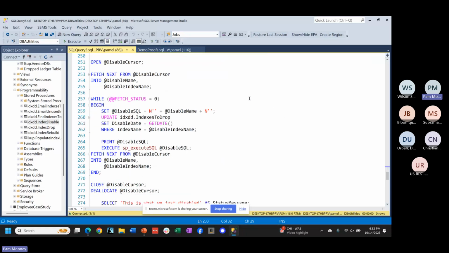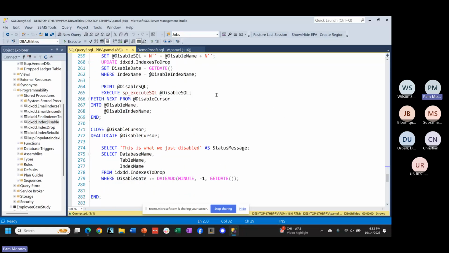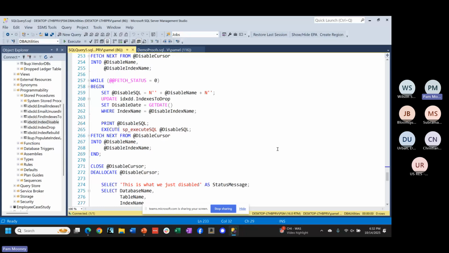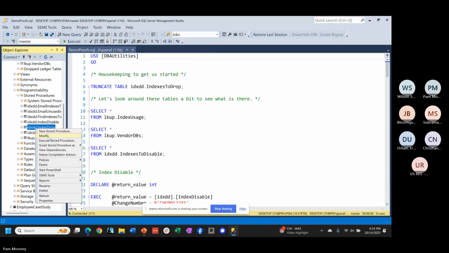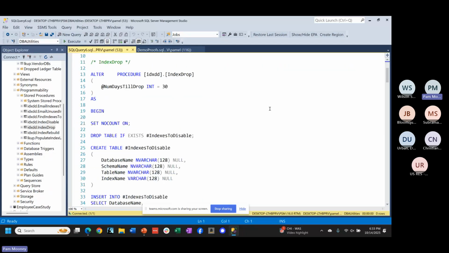It will go through and cursor through and essentially update indexes to drop, set the disable date to that time, and disable the indexes. And then it will show you, this is what we just did. Index drop